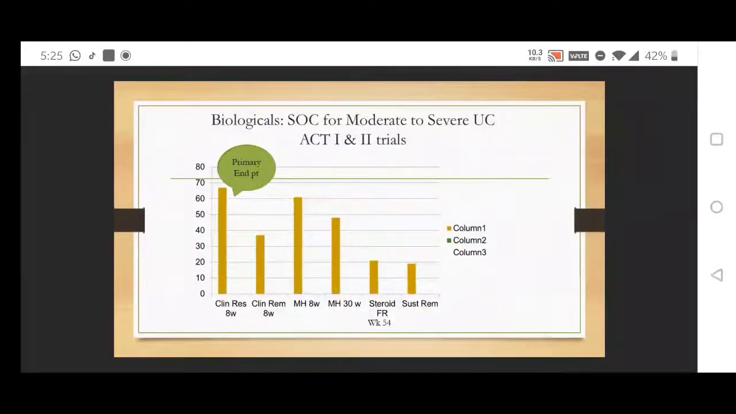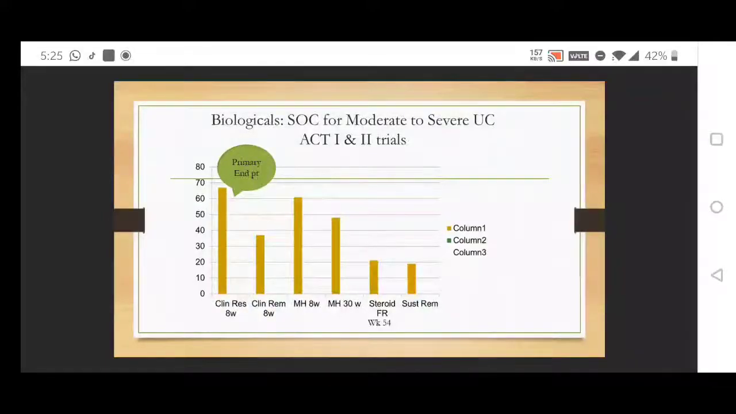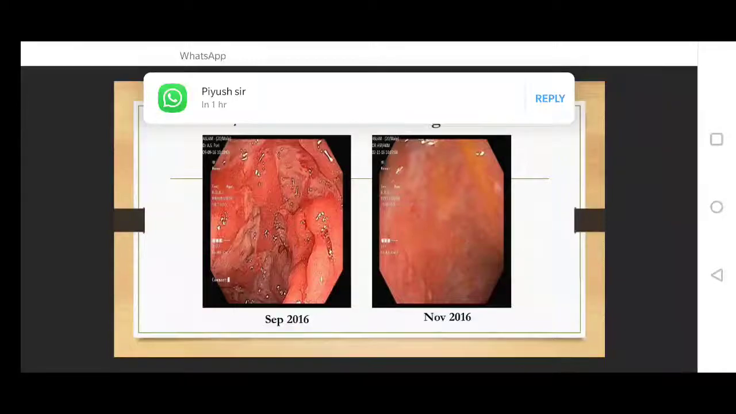So what it tells us is that Remicade or Infliximab acts quickly. And secondly, they said that steroid-free clinical remission was achieved in 20%. So 1 in 5 will get a steroid-free clinical remission. And I want you to remember this figure when we compare it with the other drugs, which I'll be talking